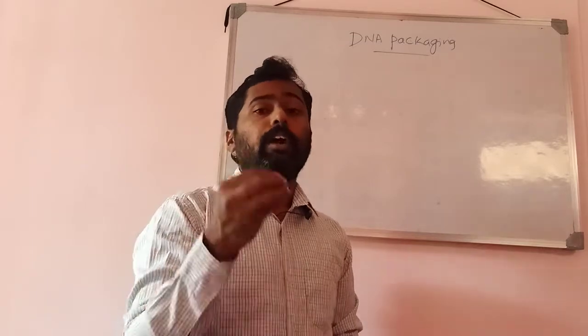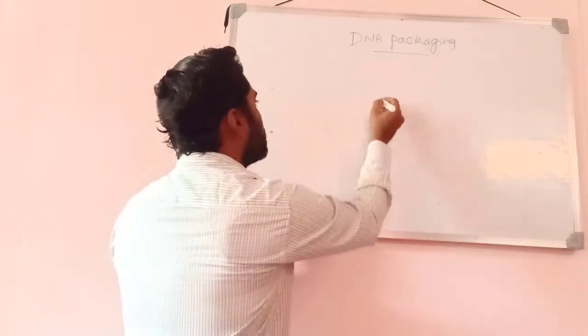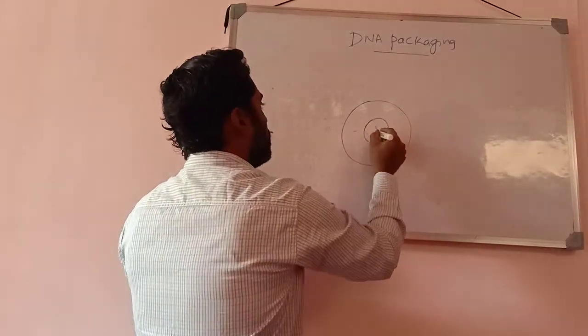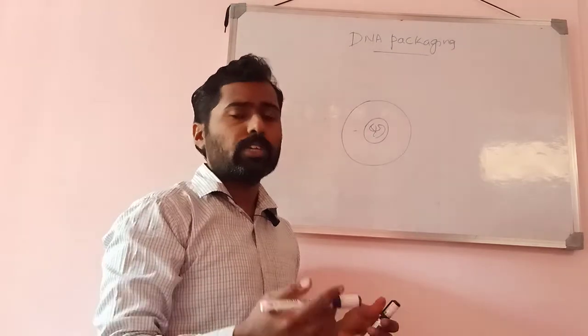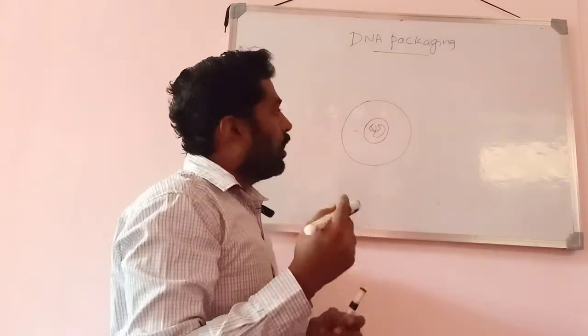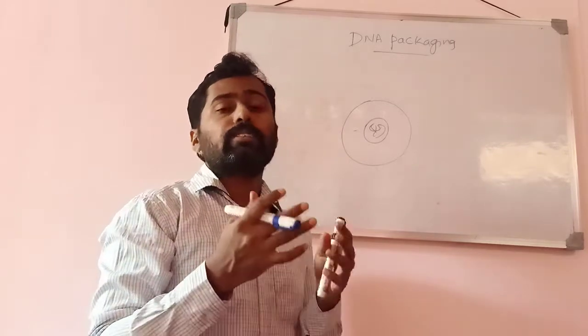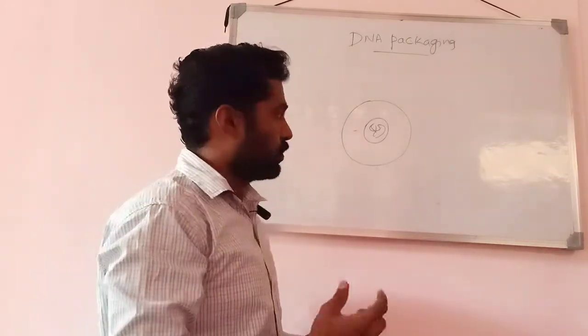in nature. And the nucleus is found inside the cell, isn't it? So the DNA is located inside the nucleus. There are around 2 to 3 meters of DNA. Usually the length of the eukaryotic DNA will be more. So then how is that much length of DNA accommodated inside the nucleus? ಹೇಗೆ accommodate ಆಗುತ್ತೆ DNA nucleus ಒಳಗಡೆ?